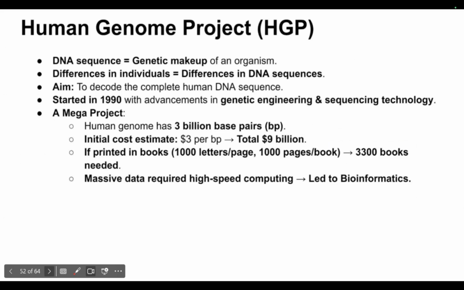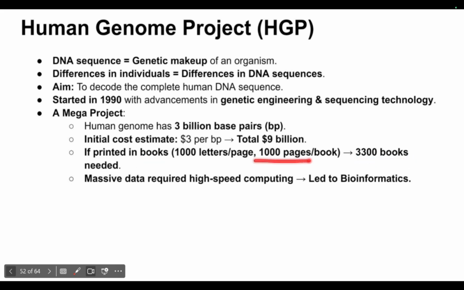Human Genome Project. The purpose of this project was to find the DNA sequence or the genetic makeup of an organism, that is the human in this case. Now, different individuals will have different DNA sequences. So the basic aim of this project was to decode the complete human DNA sequence. It started in 1990, and the cost estimate of this project is about $3 per base pair. So there will be a $9 billion expense for this project. If printed in the form of books, it will require 3,300 books